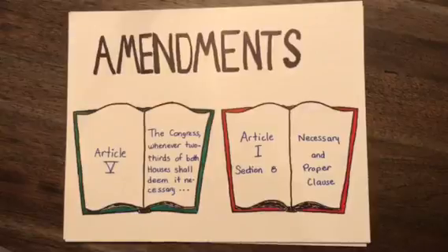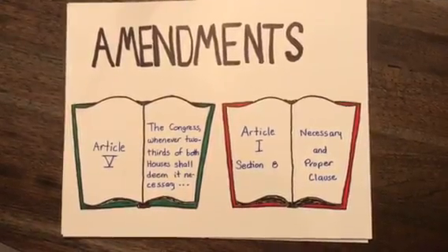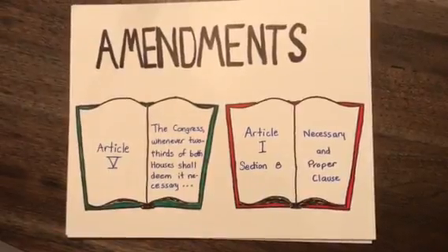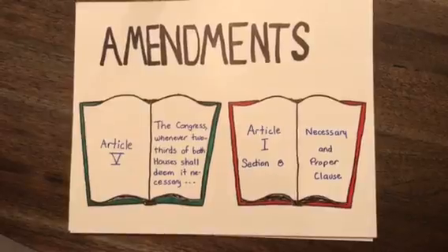When changes to the Constitution are necessary, they can be made through amendments, and the Constitution itself provides an amendment process in Article 5, which reads, "The Congress, whenever 2/3 of both houses shall deem it necessary, shall propose amendments